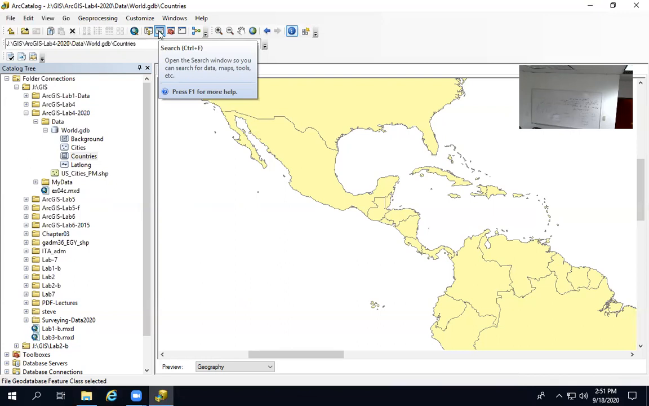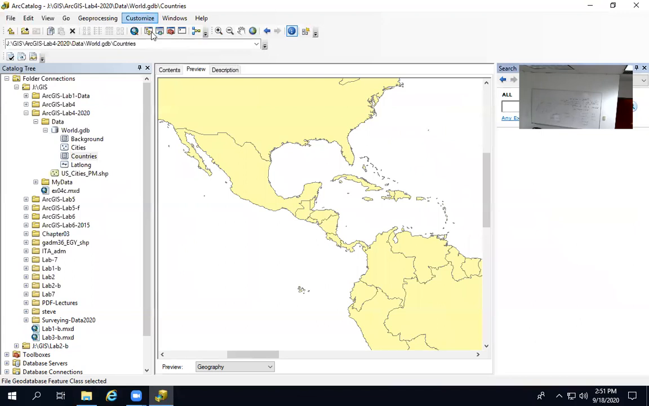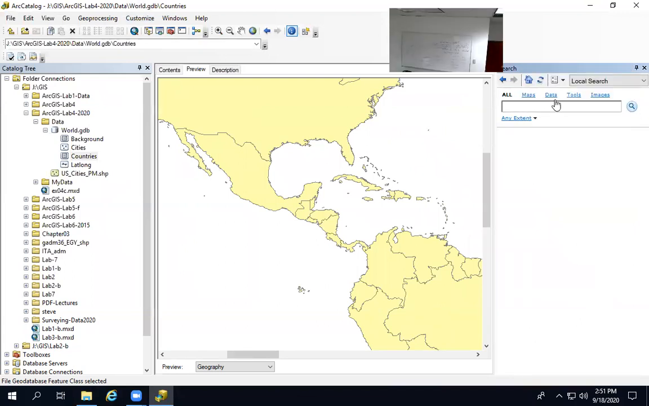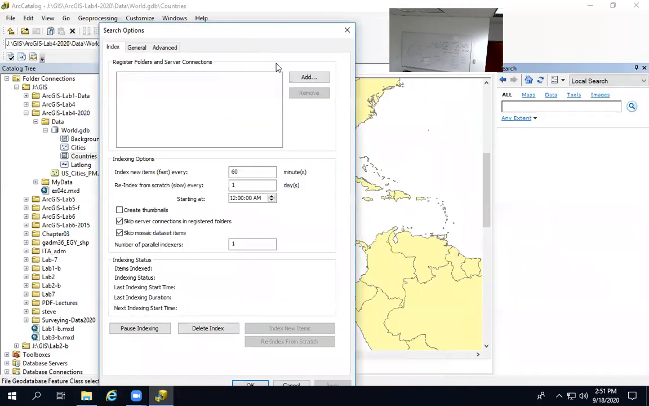So I'm going to go here. And once I do that, it's going to open a search here. Next to this, I can have search options, and I can figure out what are the folders you want to search from. So I'm going to figure out here that I want to add here